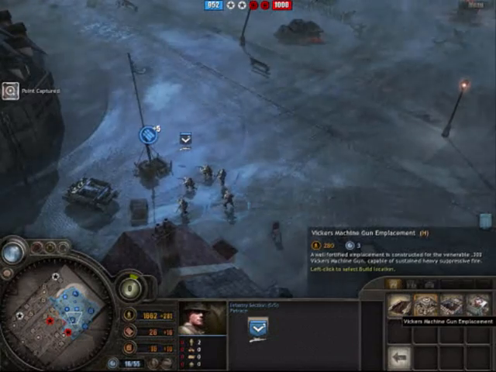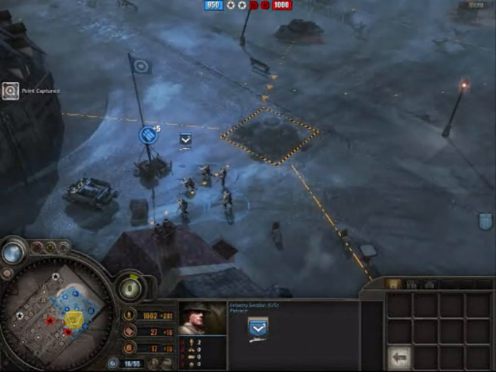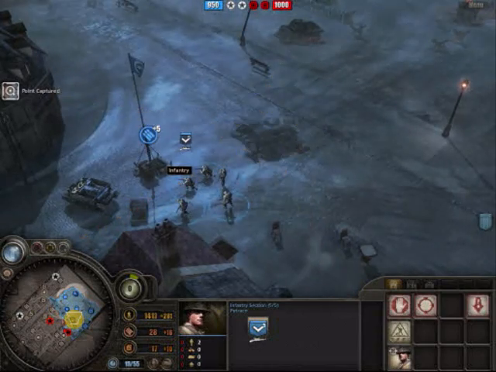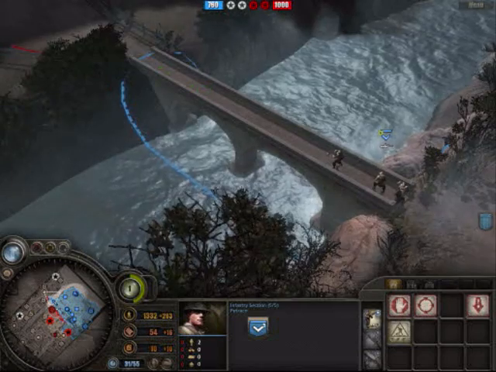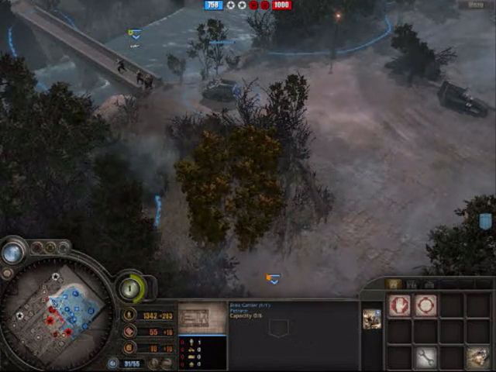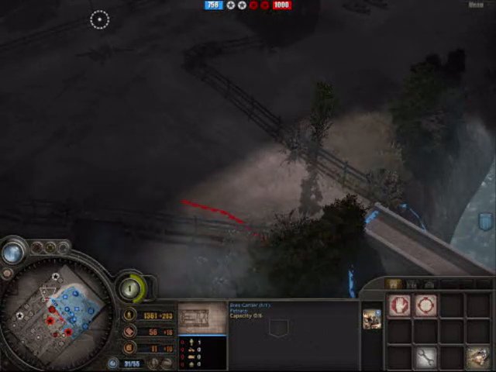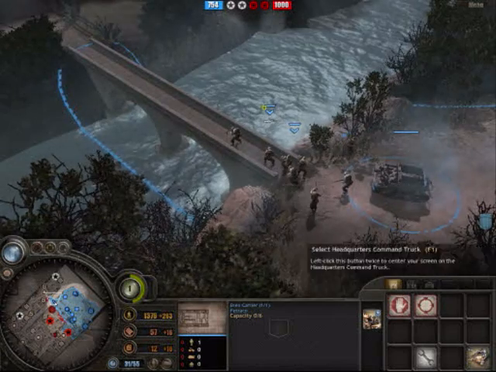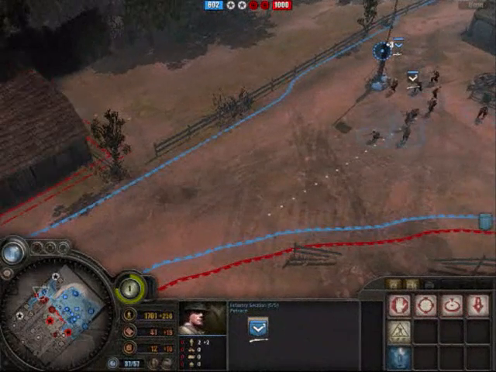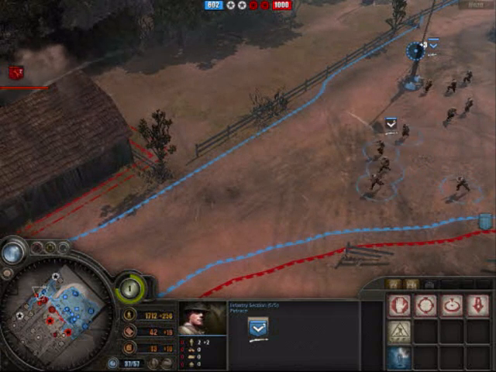Right, we're looking at Company of Heroes: Opposing Fronts. This is a skirmish that I did. It's me as the Brits and the Germans as the enemy. Now this skirmish took me about an hour and a half, so I've cut it down to less than 15 minutes obviously. That narrow bridge and that river cut off the left-hand strip of the map from the rest